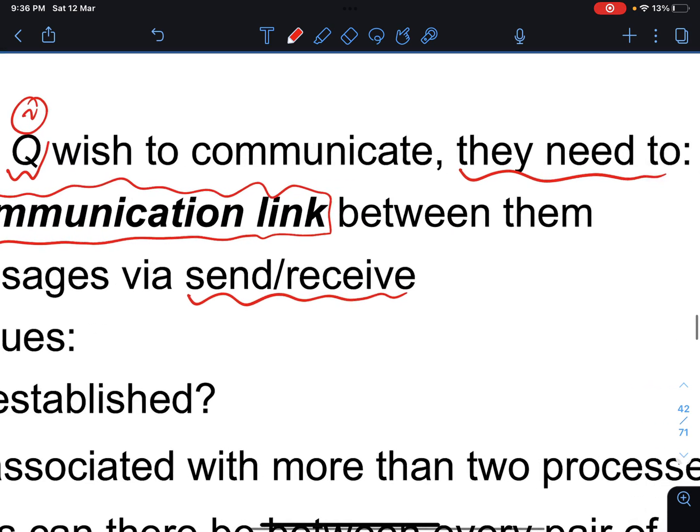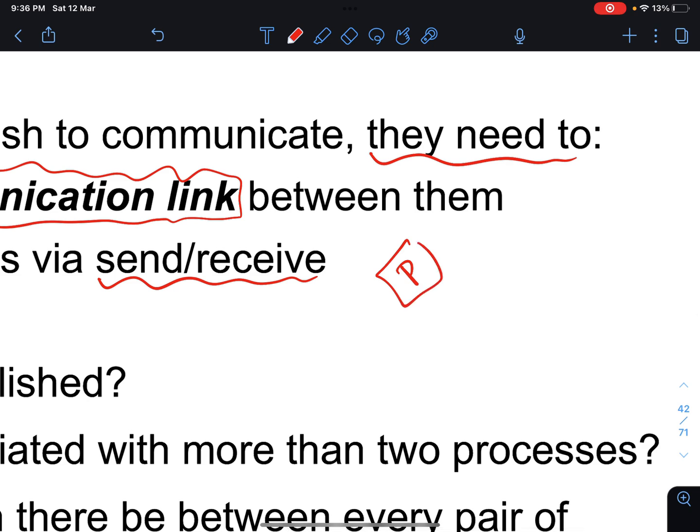So as soon as you have P and Q, you create the tunnel, the communication link between them. Then one could send and the other could receive.